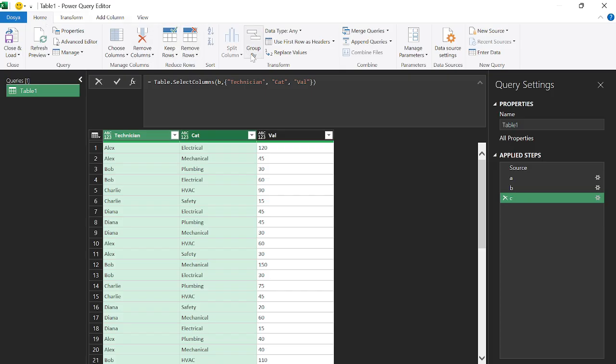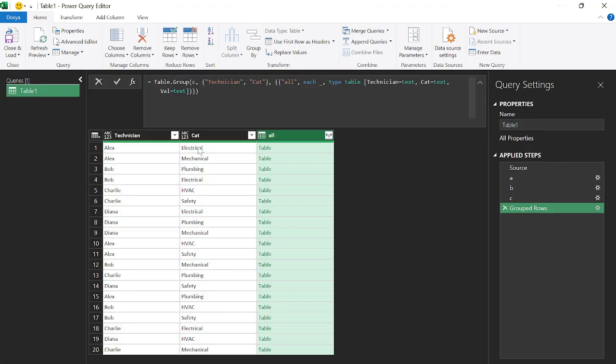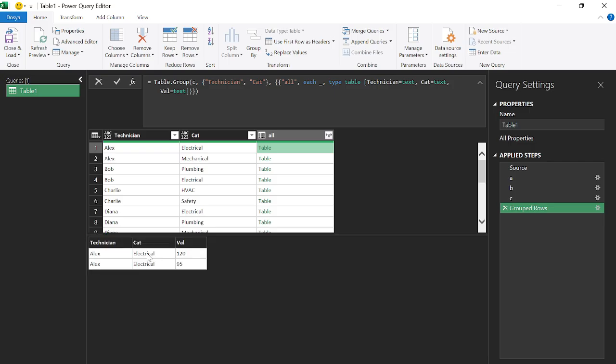Utilizing Group By from the user interface, I want to see all columns. Alex Electrical and its regarding values are written in here. Alex Mechanical and its table. I need only the Value column, so I want to get rid of the Technician and Category columns. So when okay,